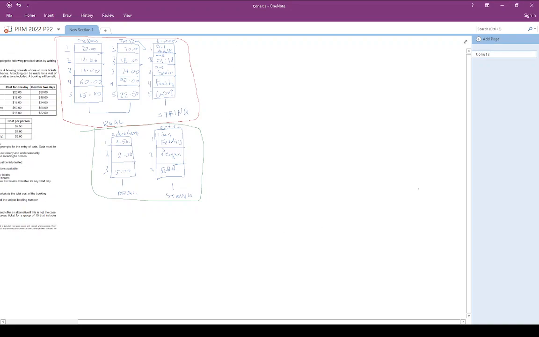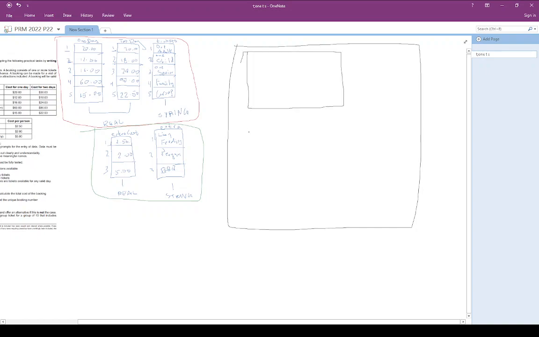So this is our screen, and here we have to display all the options, right? So first we could display all the ticket options for 1 day tickets, then we could display the ticket options for 2 day tickets, and then we could also display the options for the extra